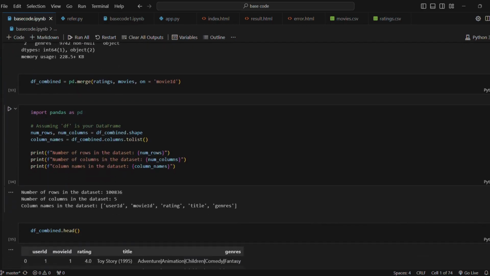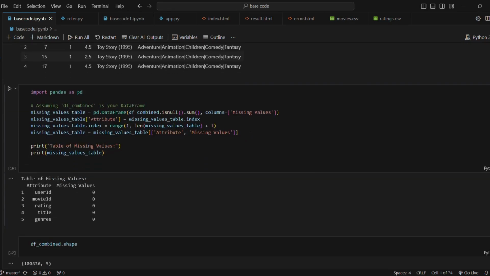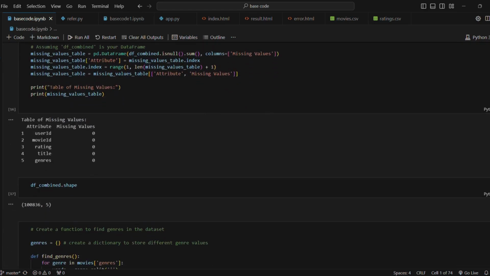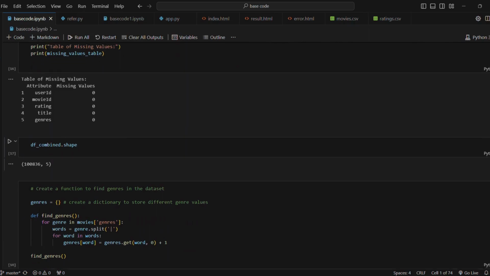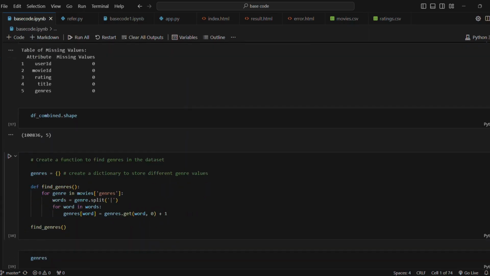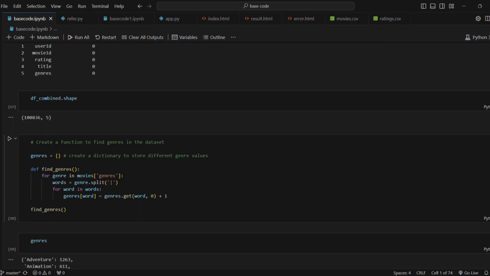Then we handled missing values. There were a few missing values, so we had to handle those. We first found the missing values in each row, and then we filled the missing cells with the mean values of the neighboring data. So if in a row some column has a missing value, we fill it with the mean value of that column itself, so it will not be an outlier. It will be on the same path, I would say.